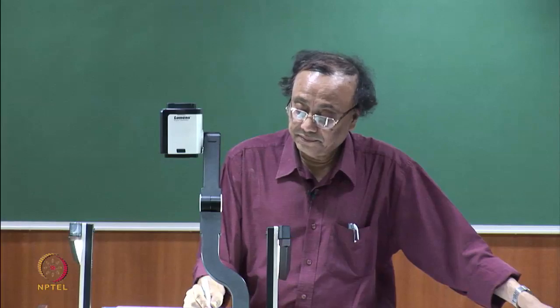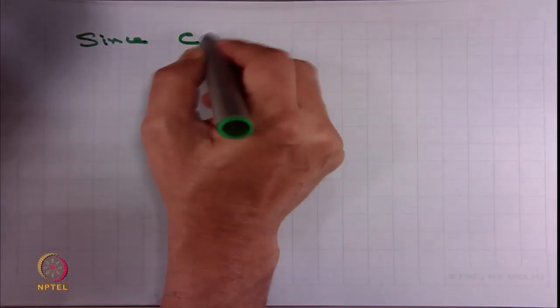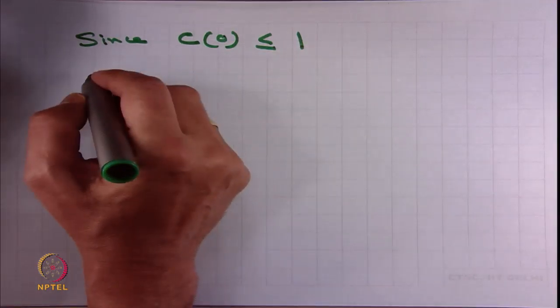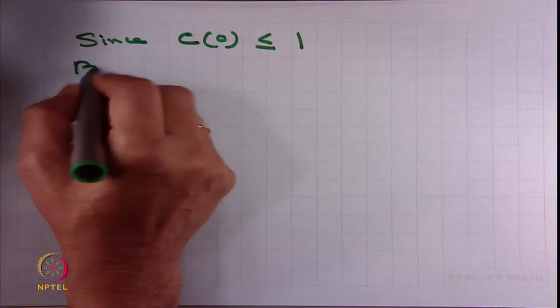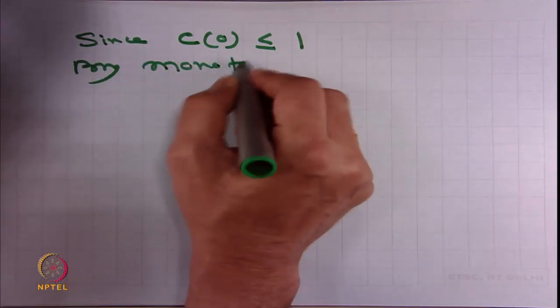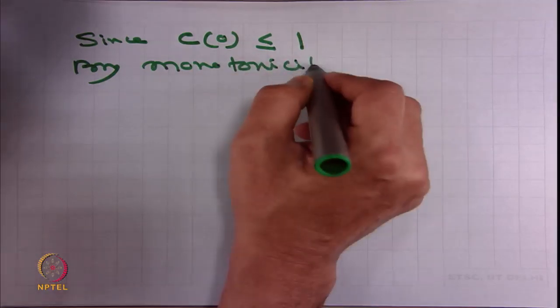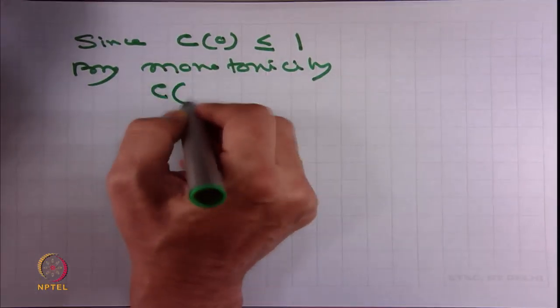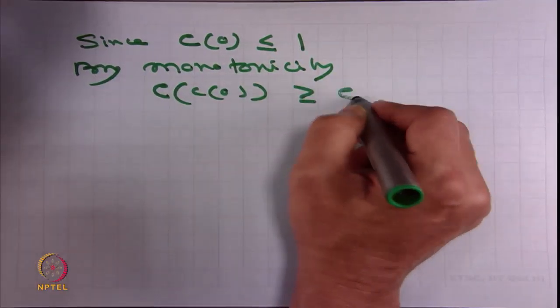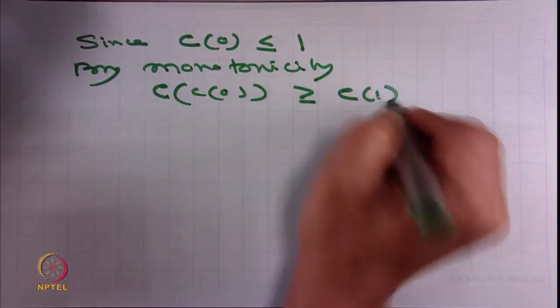Since C of 0 is less than or equal to 1, by monotonicity, C of 0 is greater than or equal to C of 1,